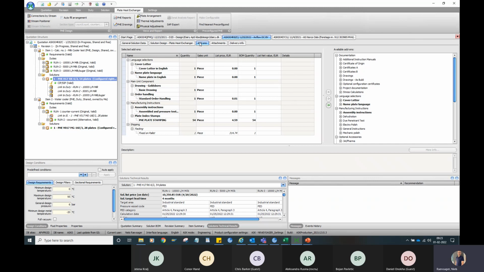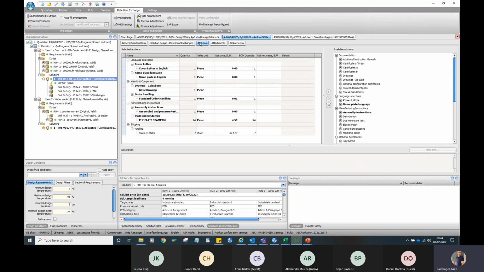So they actually need some documentation in order to prove to the authority that the heat exchanger they purchased follows specific food guidelines, rules, and